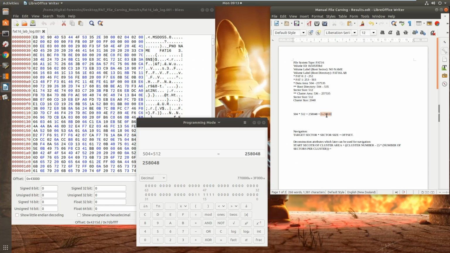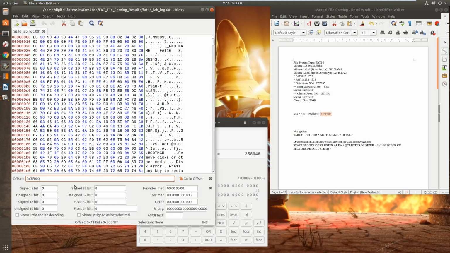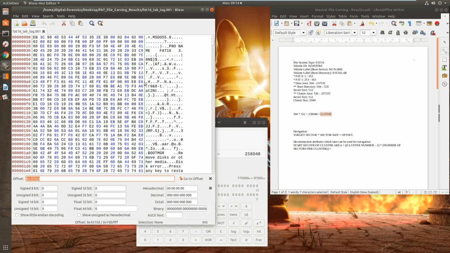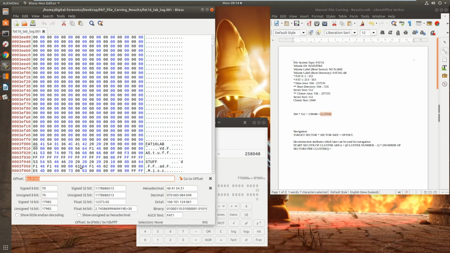If we were to navigate to this particular offset, you can do this by clicking on search and then clicking on go to offset. It brings up this particular bar here. This bar may not be there for you. If you click search, then go to offset, or simply press Control G on your keyboard, the offset bar comes along. Once we navigate to this figure and scroll down a bit, you can see that at the 3F000 marker,